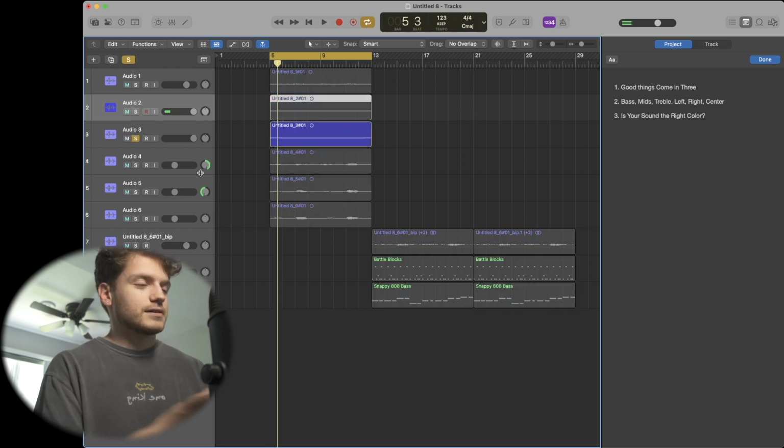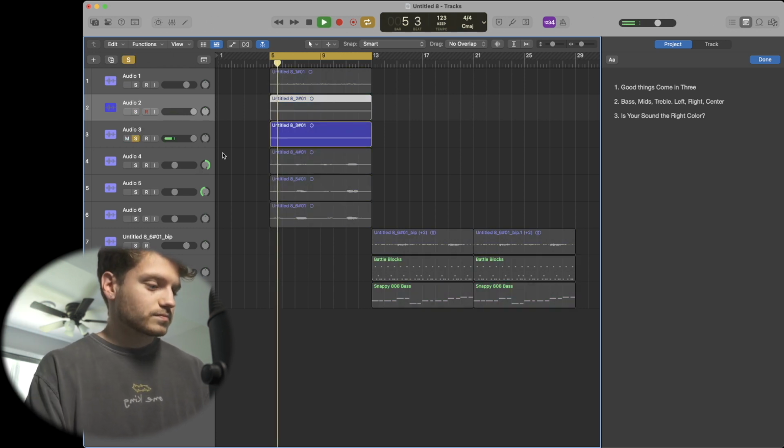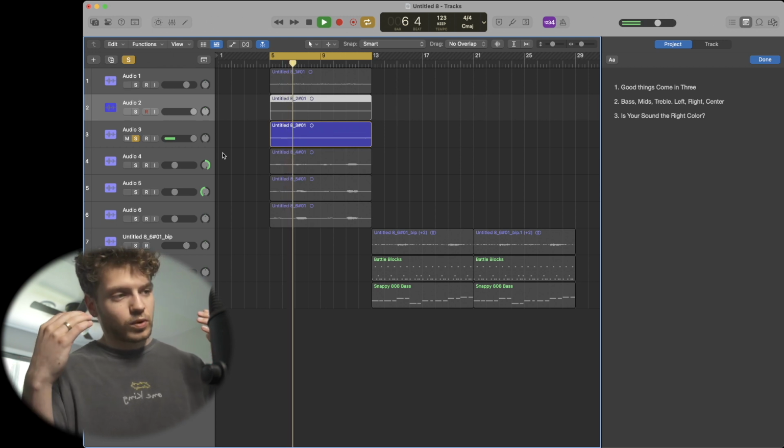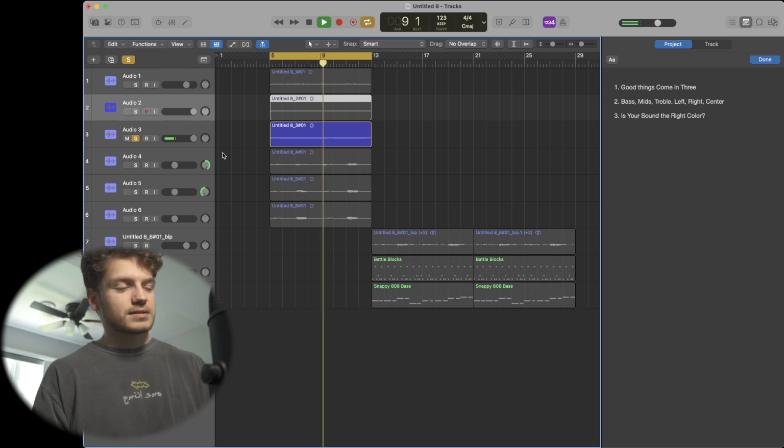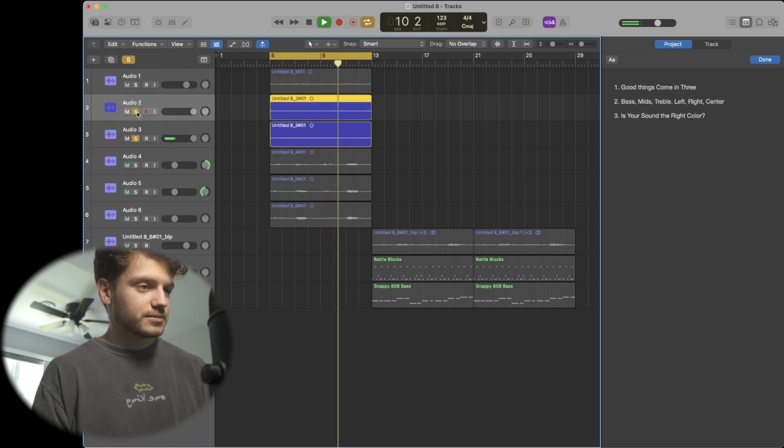And then we have a high guitar part, which once again picks up where the mid-range guitar left off and is filling in similar space to the other two guitars. So all together,